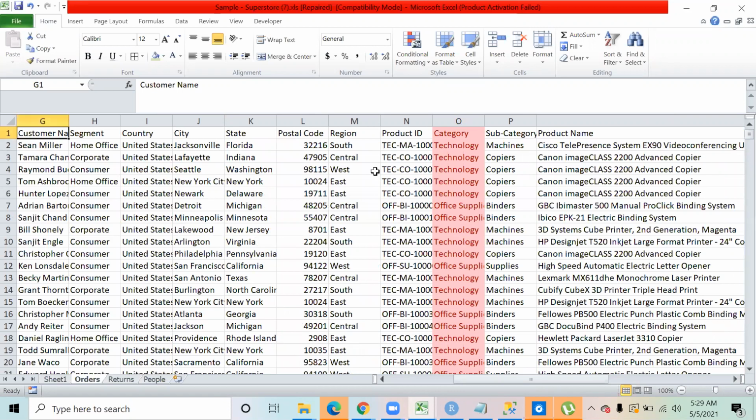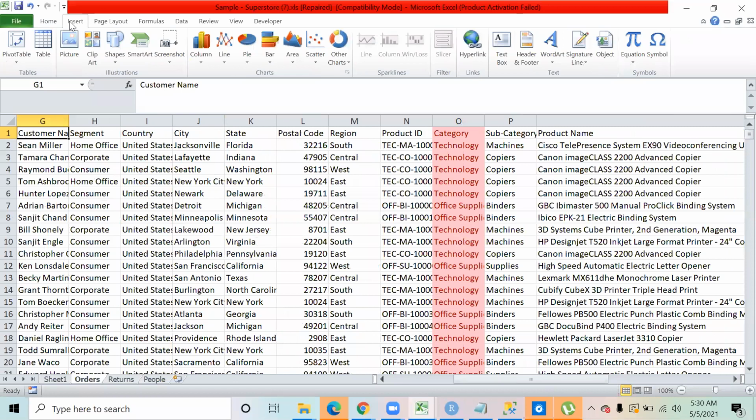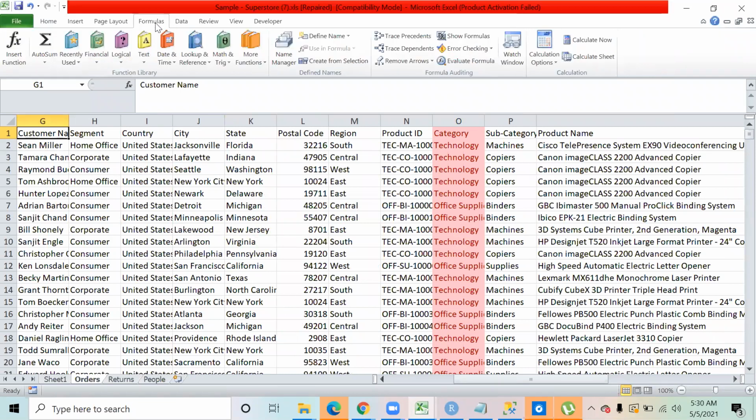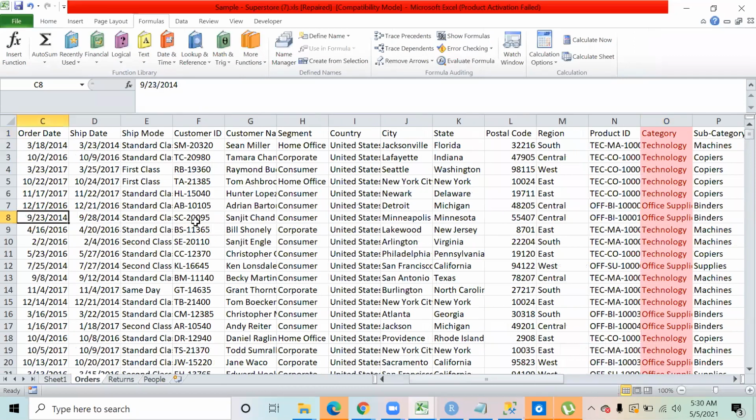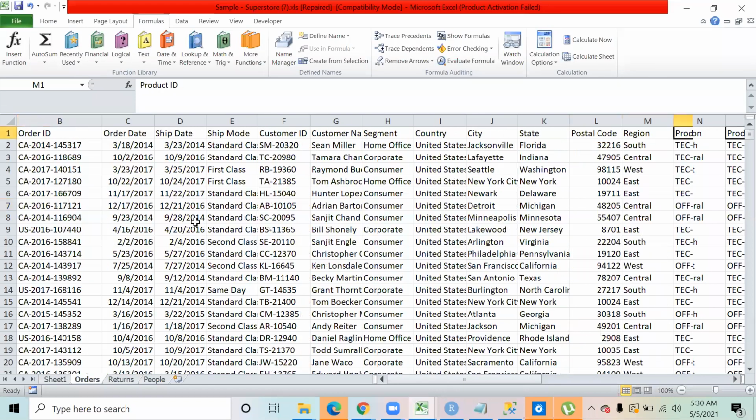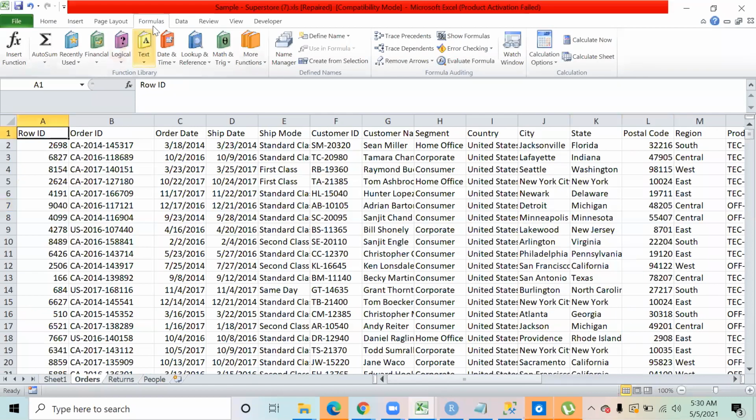So now what we're going to do over here is, let's come to the insert tab, right? In the insert tab, I'll come in a little bit of a later part. First of all, what I'm going to do now is come to the part of formulas. Now that we have seen some of the formatting and how we insert the data, this is where we are going to come to the portion of formulas.